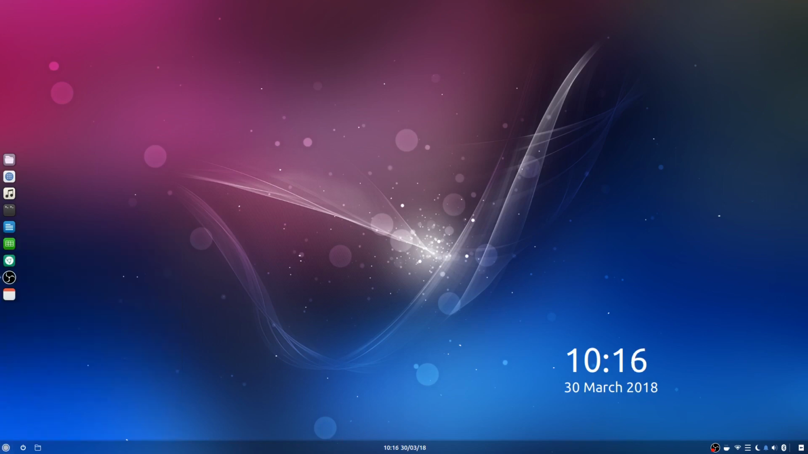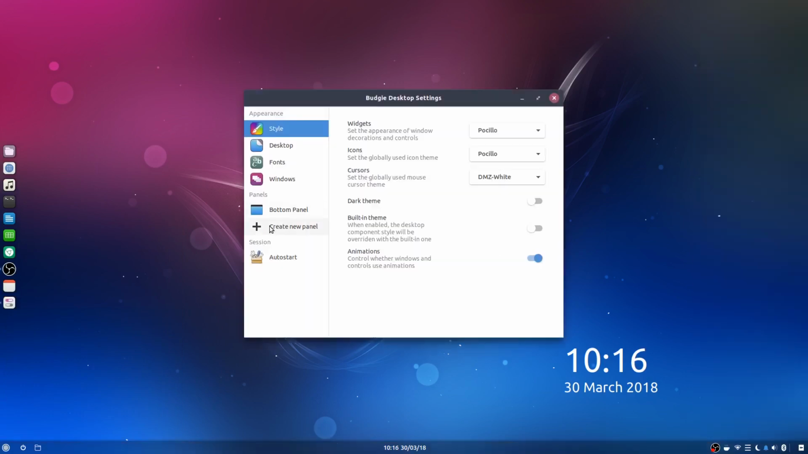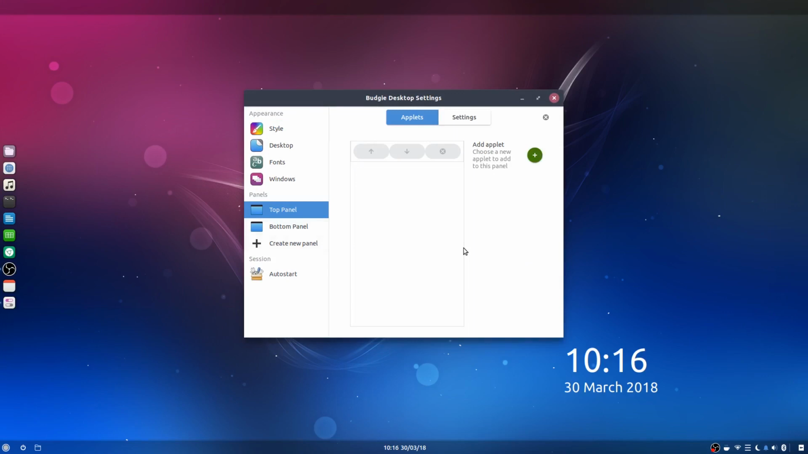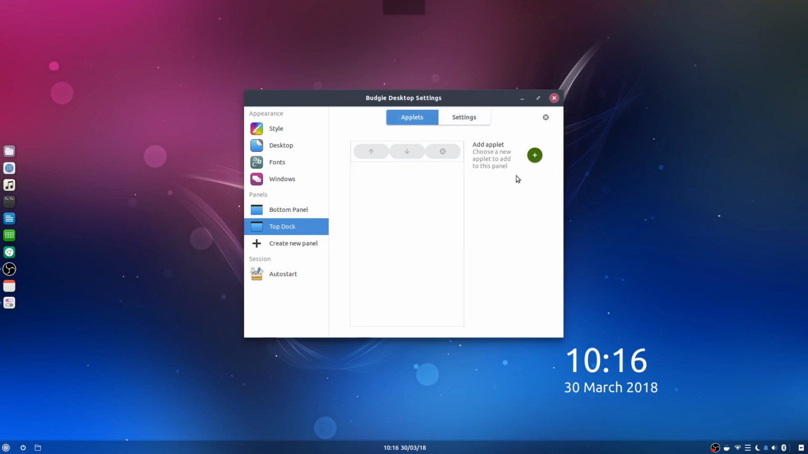So we'll go to the Budgie settings again, create new panel. So new panel up the top. So the top panel, settings. I like to have it on dock mode. Automatically hide, we'll go intelligent. We'll make it always transparent. So what we can add to that,